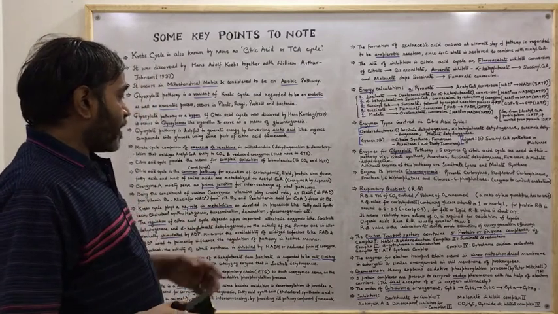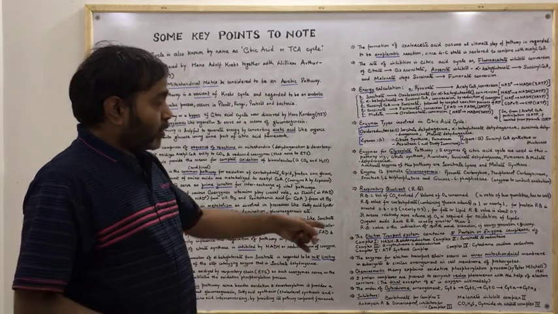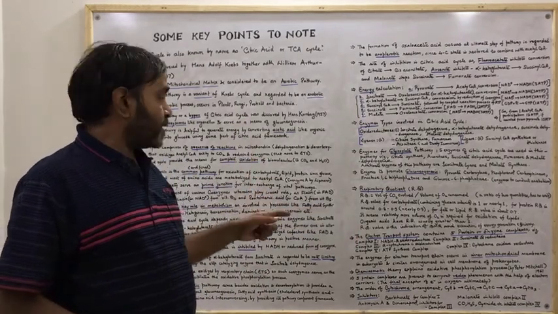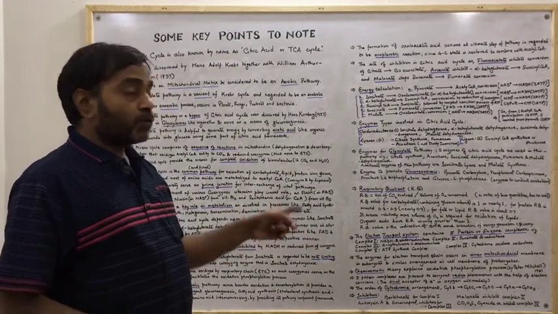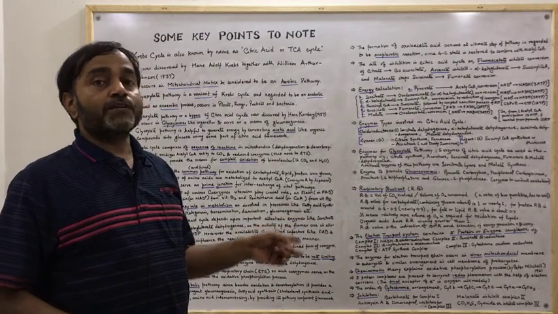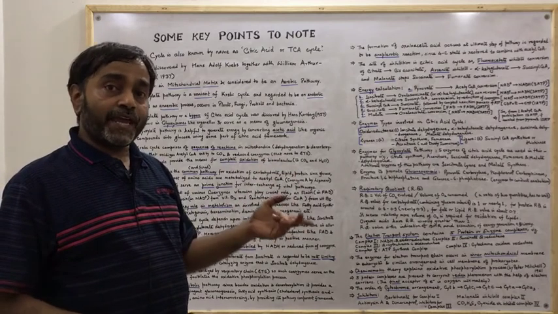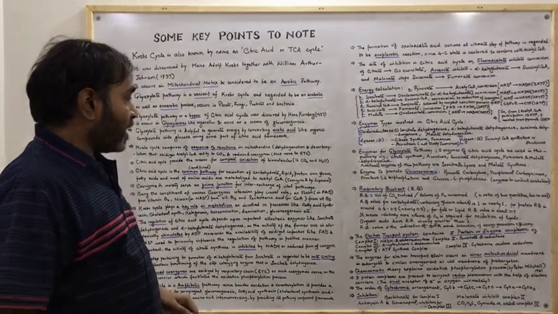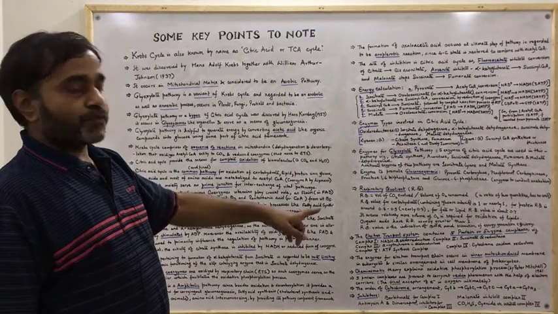Now the next point, where I have written the order of cytochrome arrangement. So kindly note down this point also, because it is often asked in the examination. That is, the electron will get transferred from cytochrome B to cytochrome C1. From there the electron will be transferred to cytochrome C, and from there further to cytochrome A, and then to cytochrome A3. That is written here, and you must note down this particular sequence of cytochromes.